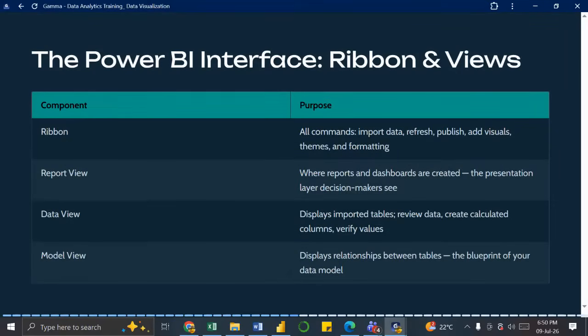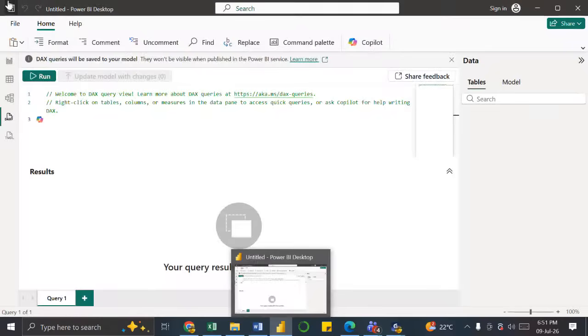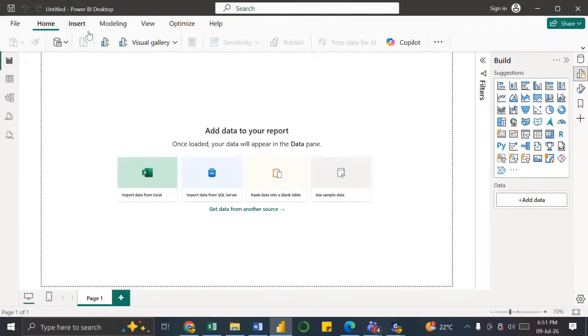Okay, so on the Power BI interface, we have a ribbon there. And that is where we have all commands such as importing data, refreshing, publishing, adding visuals, themes, and formatting. That is the ribbon. This part here is our ribbon. So if you want to add visuals, if you want to publish,